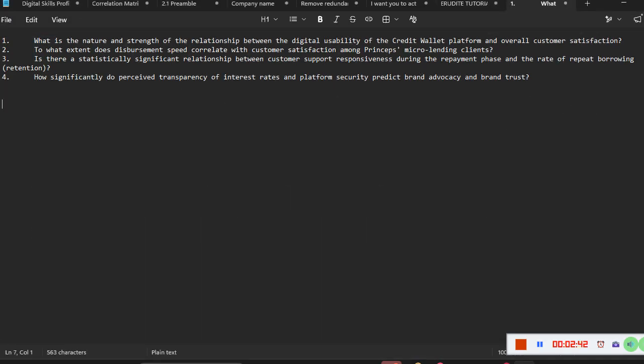So I'm just going to say one: what is the nature, as this looks more descriptive, nature and strength of the relationship between. So I would just say, what is the relationship? The testing will give us that, so we don't have to necessarily say it, between digital